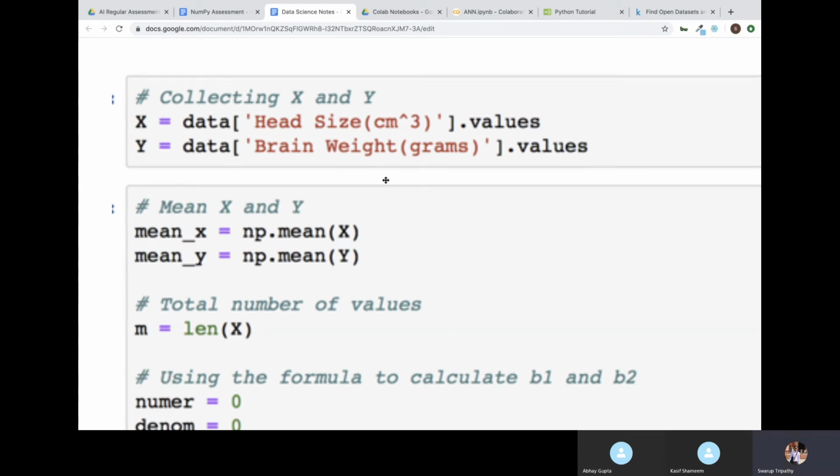Because most of the time you will find out that okay, you made a mistake on the cases, that is like uppercase or lowercase, then also it throws an error. So better to copy paste the name of the column.